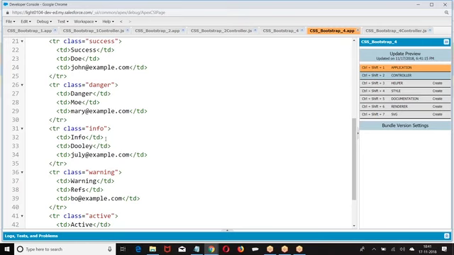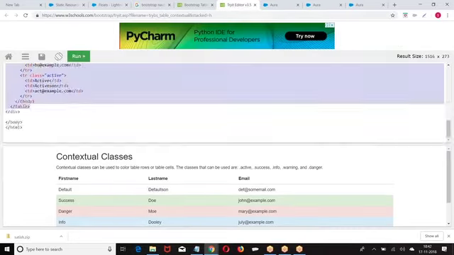Okay. How do you create a group of records? Your iteration is there. In the iteration, what are we going to give? TR, TD, TD, TD. In the TR, class equal to danger, or class equal to info. Then whatever data we are getting, instead of manually writing the number of rows, whatever list of records we got, that we are going to display. Then what else we can try?